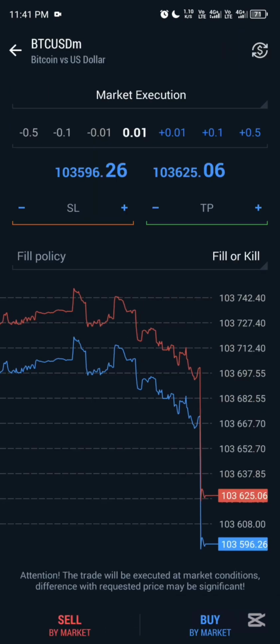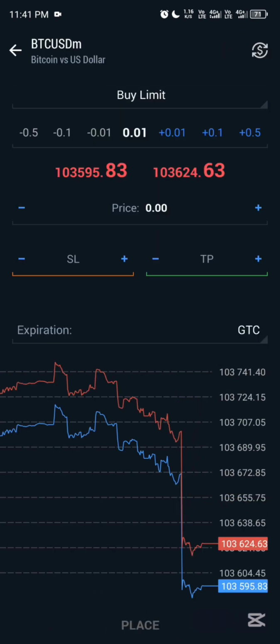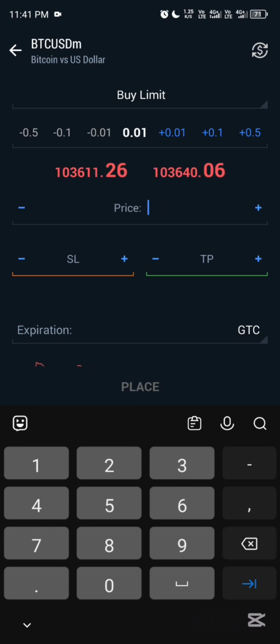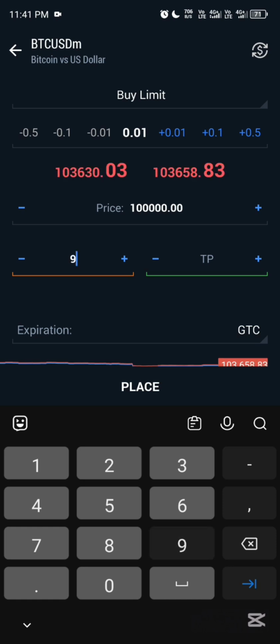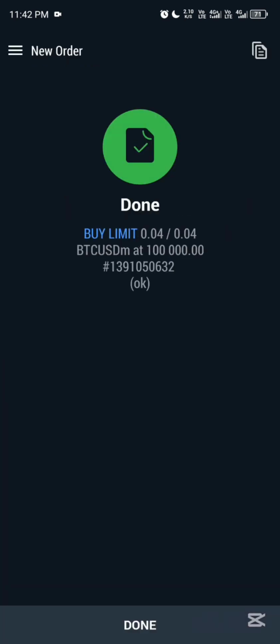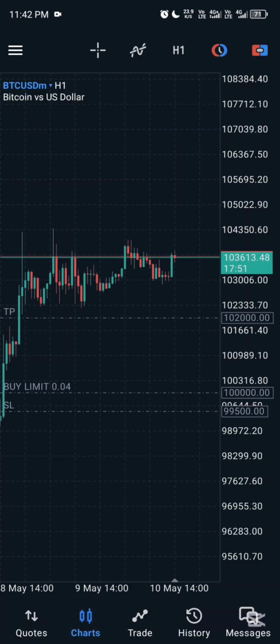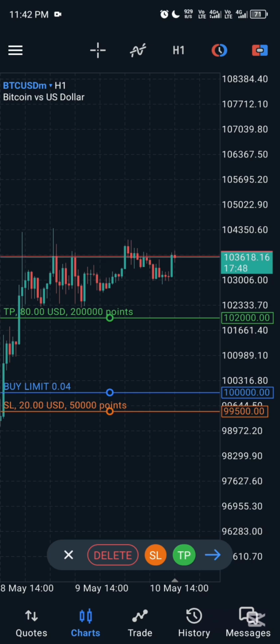All right, so buy limit, buy at 100K, stop loss at 99,500, and then take profit at 102, lot size of 0.04, and then place. Now let's click on it. You can see the SL shows that we are risking $20 on this trade to make $80, technically a 1:4. So that is it on how to place a trade on MetaTrader 5, be it limit order